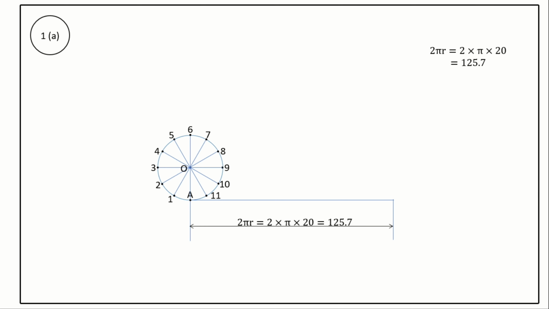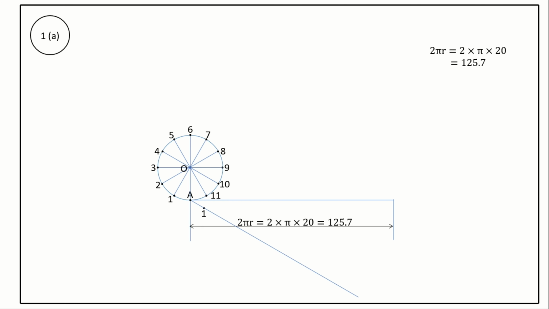Next, divide the horizontal line into same number of equal parts, that is 12 equal parts. Using geometrical construction, let us divide the horizontal line into 12 equal parts. Draw an inclined line of any angle, any length from point A on the circumference of the circle. Locate the point 1 at a distance of 10 mm from A. The distance between point A and 1 is 10 mm.